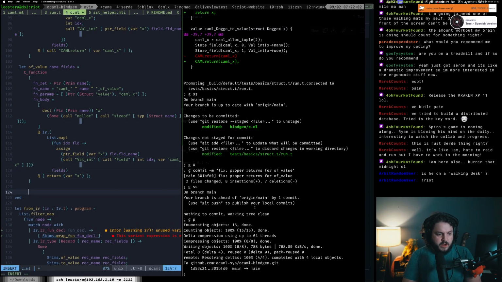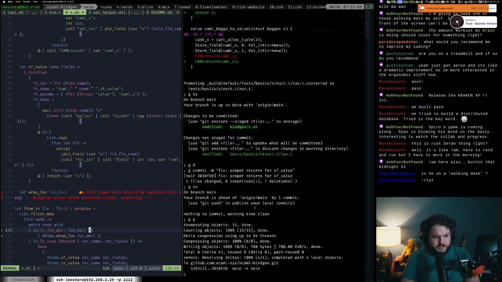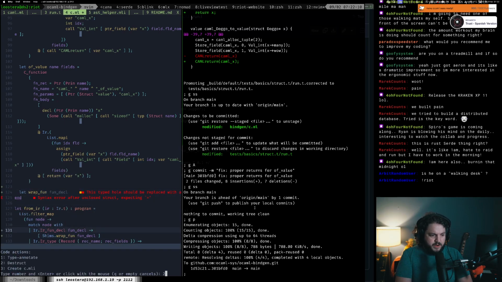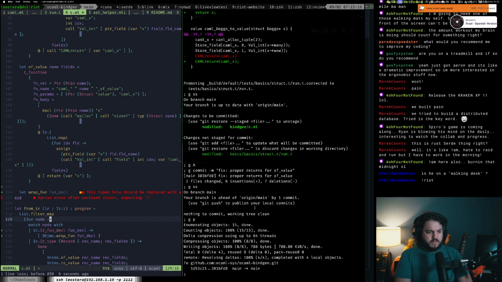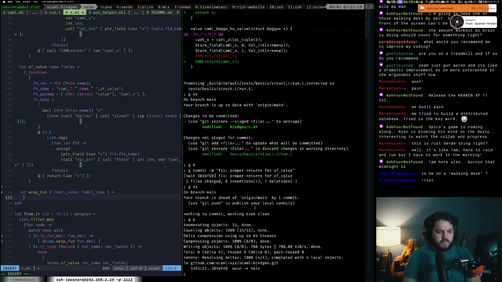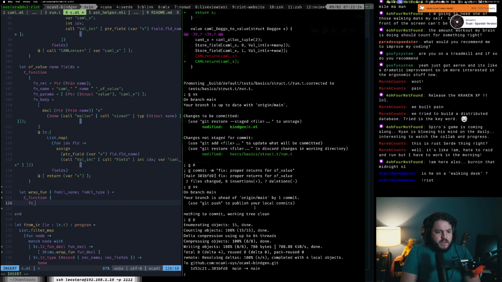So we can make one here. Wrap fun, we get a fundecl, which is probably a better idea to just destructure here. No, it's fine. And we want to declare a C function, which will have for return type